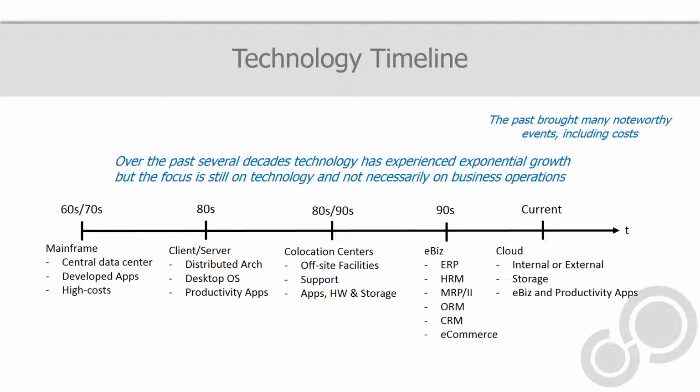In the 80s, we moved towards client server architectures and technology. Desktop OSs began to appear and become a little bit more functional. Productivity apps started to come about, and it opened up in the 80s an era where the user was a little bit more empowered and had control over the products and services that they delivered and documents that they developed from their